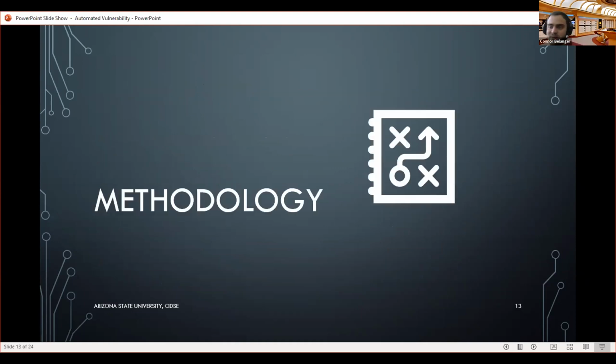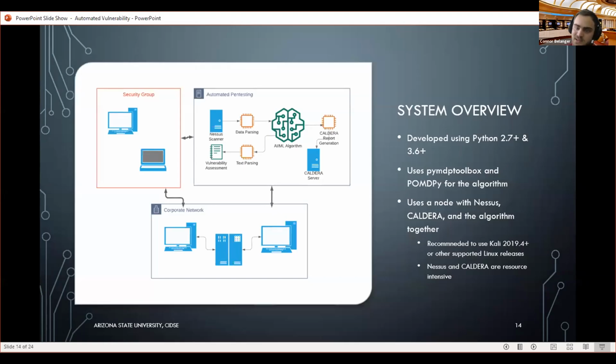As far as the methodology for our implementation, our system is developed using both Python 2.7 and Python 3.6, primarily using the PyMDP toolbox and POMDP for the algorithm. You can see on our system architecture diagram over here, we have it all consolidated onto one node. Of course, in an actual enterprise environment, you can break out your Nessus scanners into dedicated scanning nodes